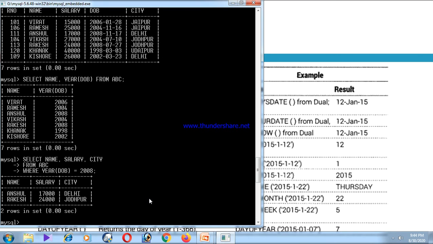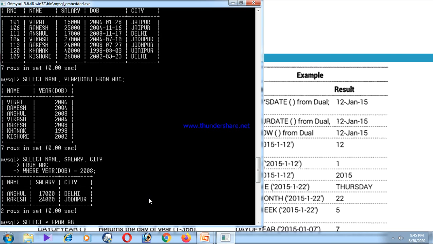Here the year function is connected with the where clause. So only two records, Anshul and Rakesh, were born in the year 2008. Right?